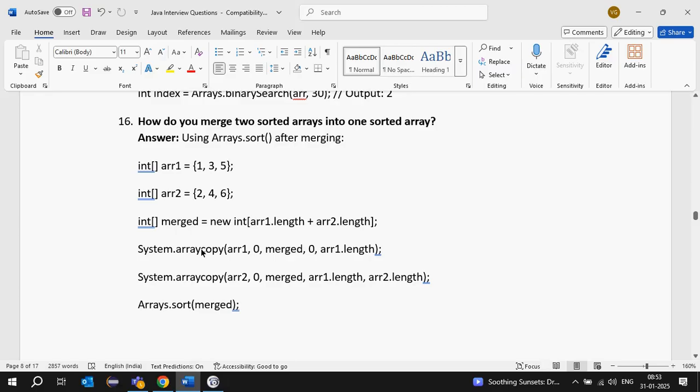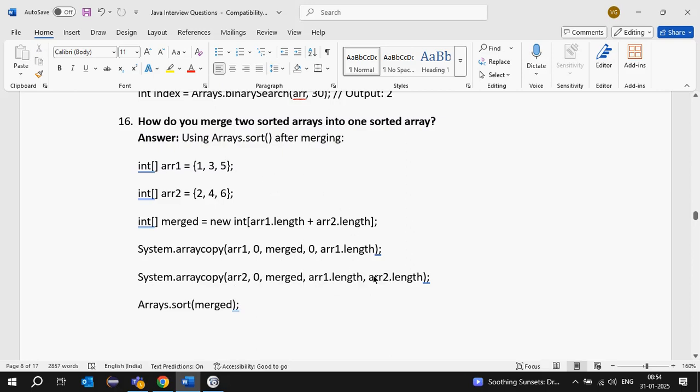System.arraycopy. By using System.arraycopy, we can copy the arrays. Here we have to give the first array. I want to copy from the first array, from index 0, into the merged array we have created, from 0 to array1.length. Similarly for the second array, again System.arraycopy, from the 0th position of array2 into the merged array, starting from array1.length, which means 3.